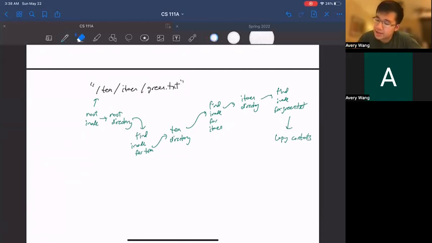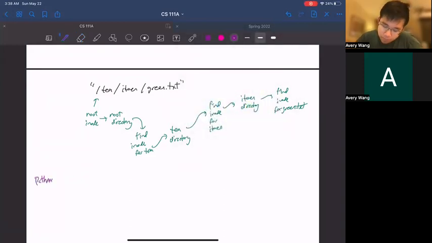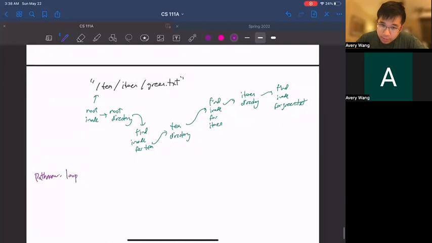Or rather, you don't copy contents yet, just get the inode. So the goal of the final layer, the path name layer, is to look up a file or directory inode,